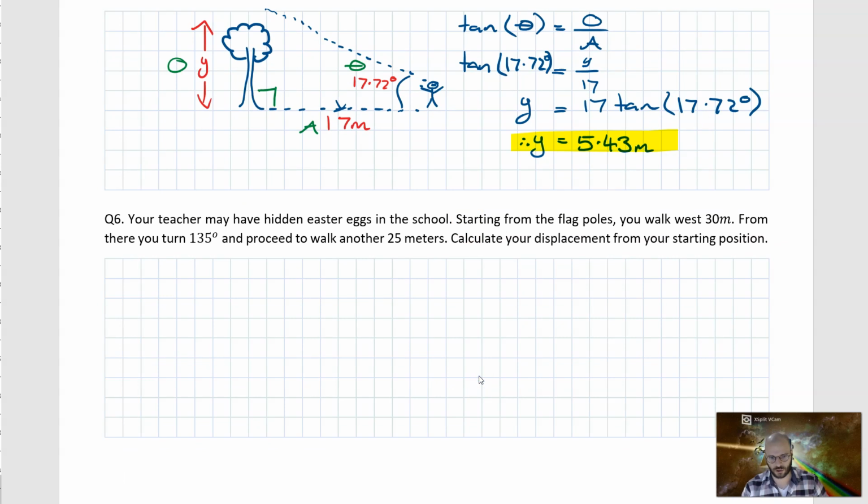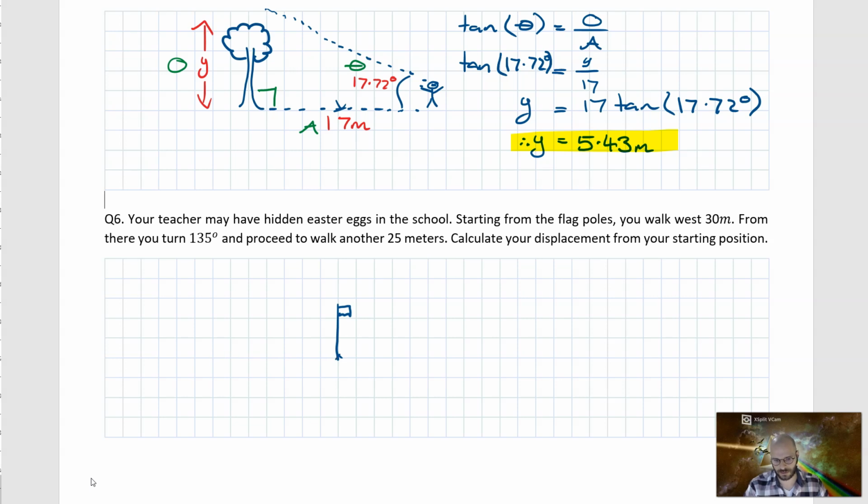Final question. Your teacher may have hidden Easter eggs in the school. Starting from the flagpoles, you walk west 30 meters. From there, you turn 135 degrees and proceed to walk another 25 meters. Calculate your displacement from your starting position. So once again, I'm going to start off with a diagram, and we start at the flagpoles. Now what you're going to do is walk west. So we've got north, south, east, west. We go west